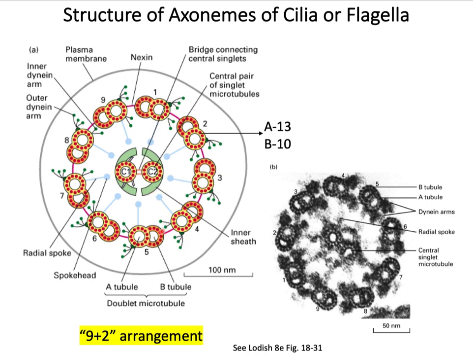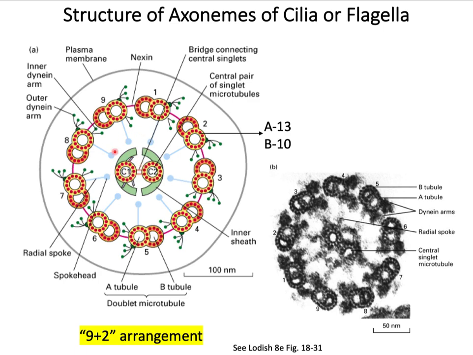So here are the nexin that you find connecting the doublets to each other. So you see the nexin in between the A tubule and the B tubule of the adjacent doublet. You have proteins that make up what is known as the radial spokes, shown here in light blue. You have the proteins that make up the central bridge,